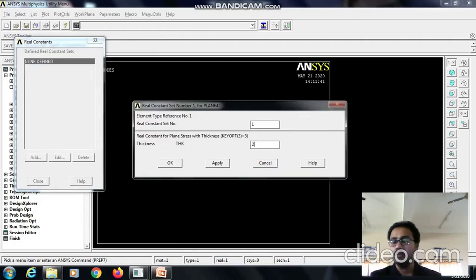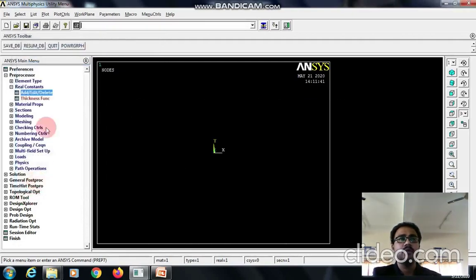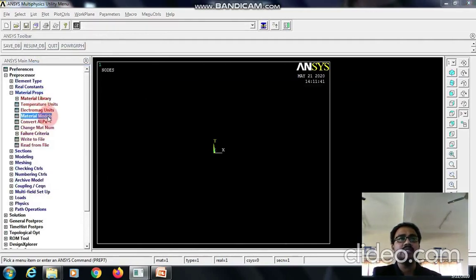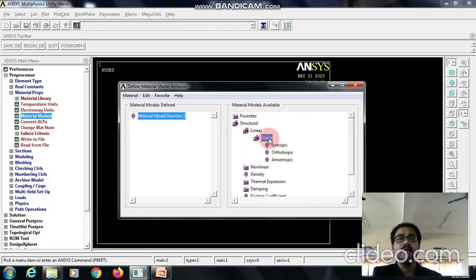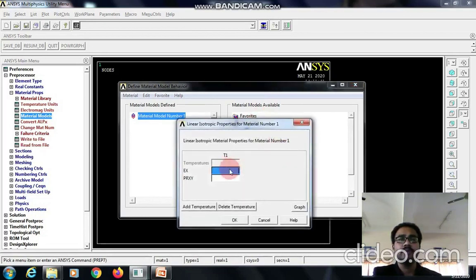The thickness value is given as 2 mm. Enter that, close this, go to material properties, material models, structural, linear, elastic, isotropic. The Young's modulus value is 3e7 and the Poisson's ratio value is 0.31. Give OK.